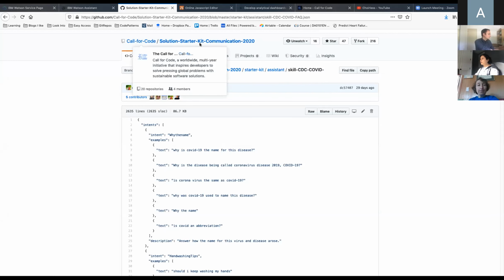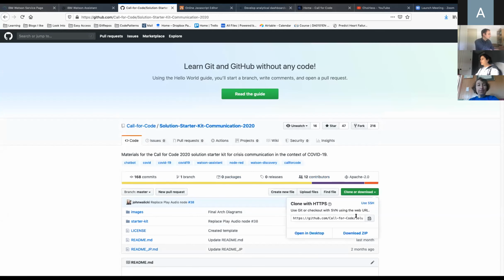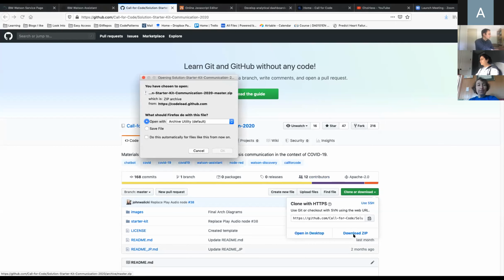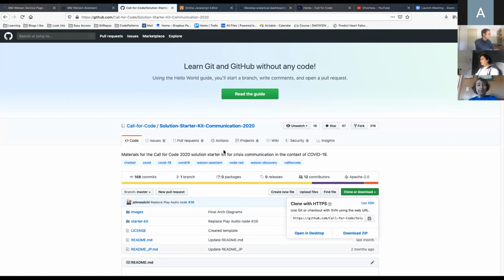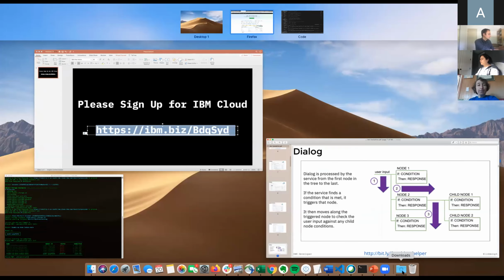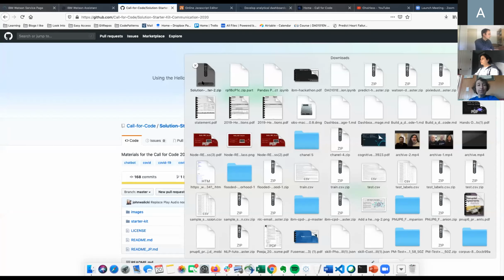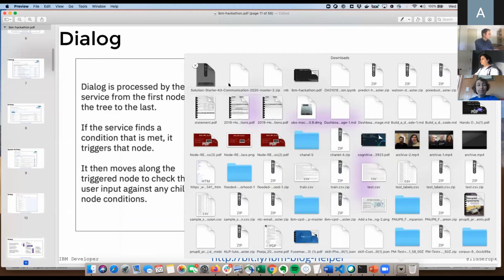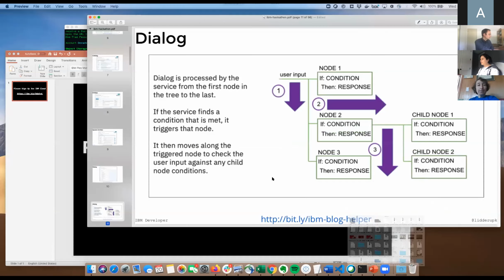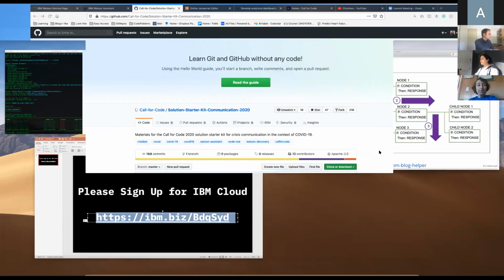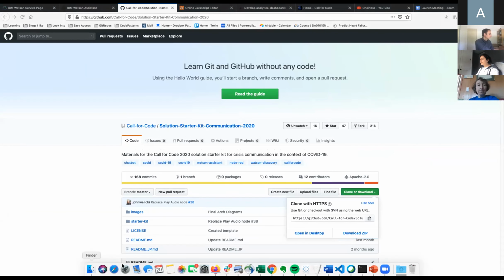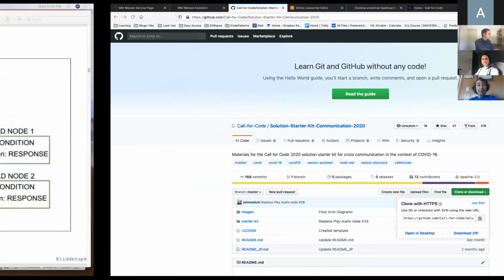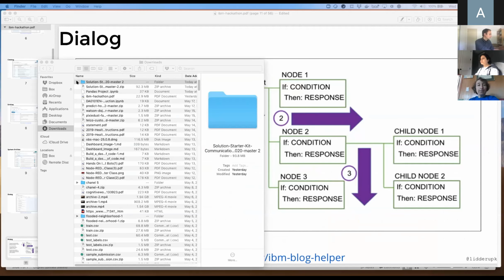I'm going to take the starter communication skill and download this file. It's downloading right now. I think I have a version of it already created. I have a lot of stuff on my computer. Okay, so that's the file.